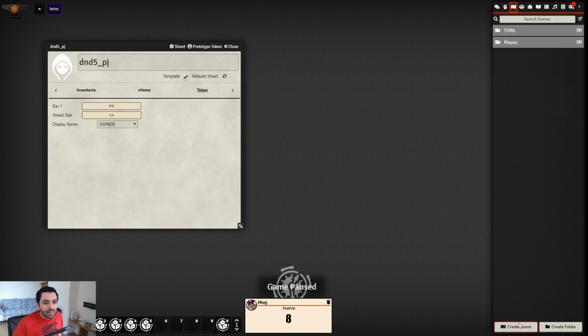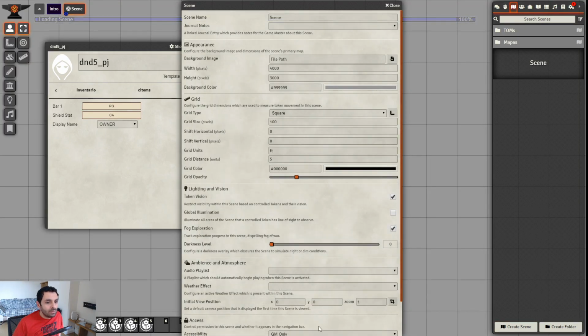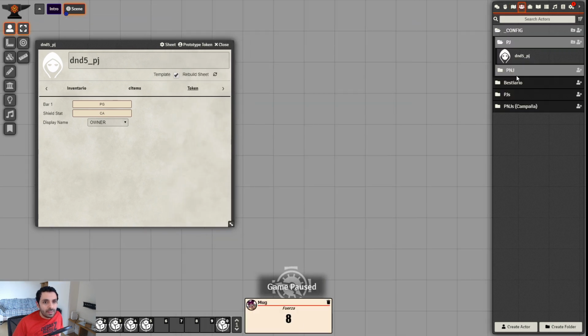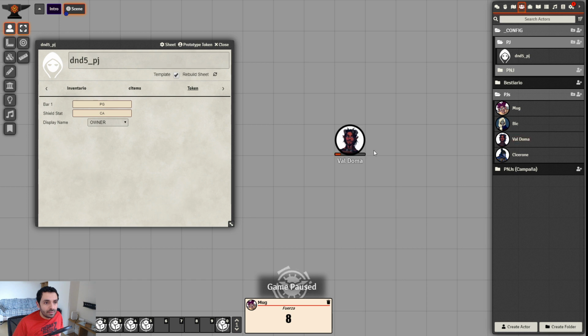So if I add a scene now, and I add this guy, you can see that it shows the HP bar. You need to rebuild the sheet when you fill this. You can see the HP key, and if I keep Control key pressed and I hover over him,